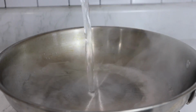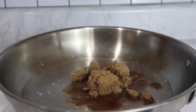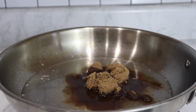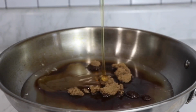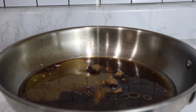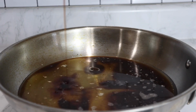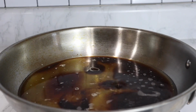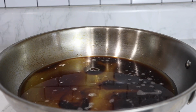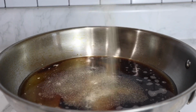Now in a pan that's preheated, I'm going to add in water. Next I'm going to add in brown sugar. And then I'm going to add in honey. I have my settings on a medium heat. Then I'm going to add in some low sodium soy sauce, a couple of seasonings,